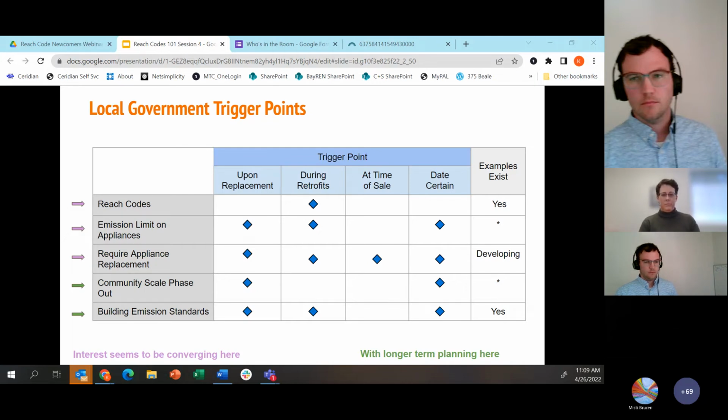So when it comes to multifamily, affordable multifamily is absolutely the leadership standard for electrification.